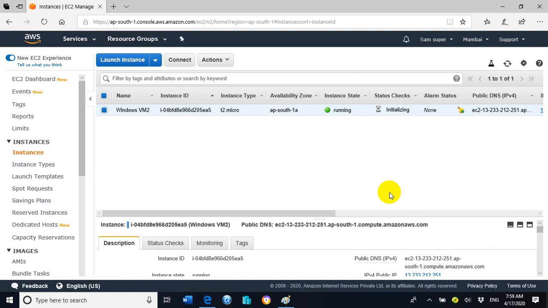So we have to wait a moment until the initialization is completed successfully.